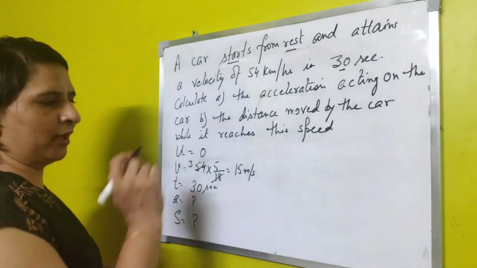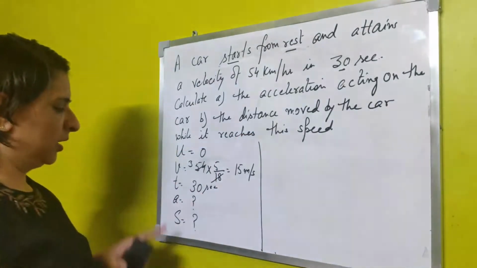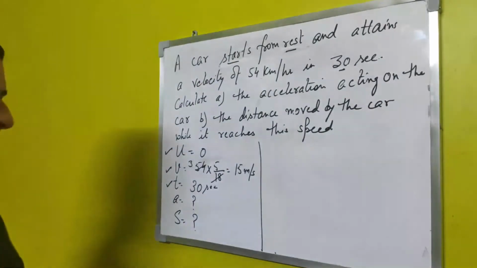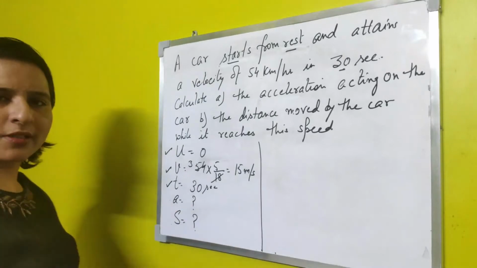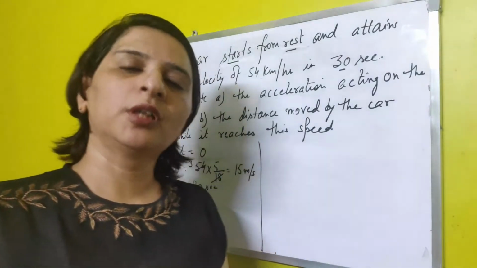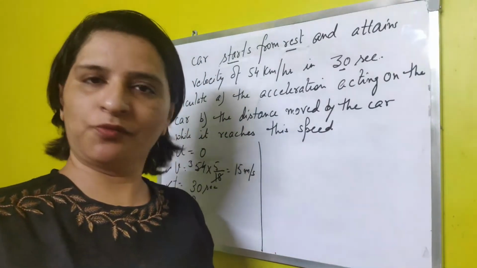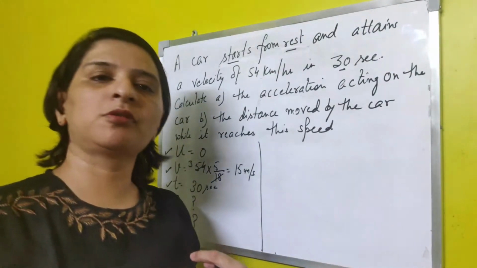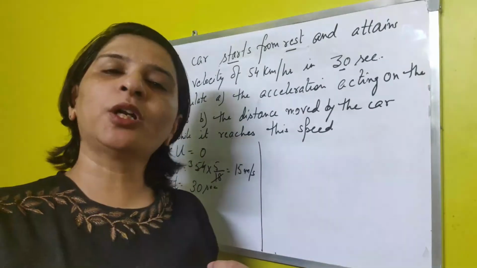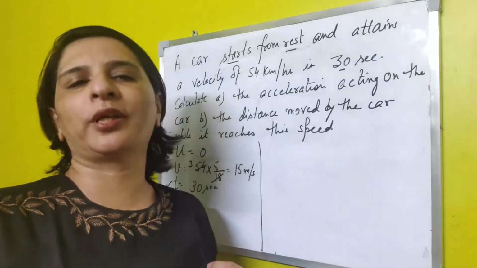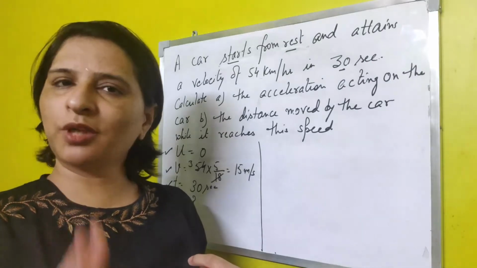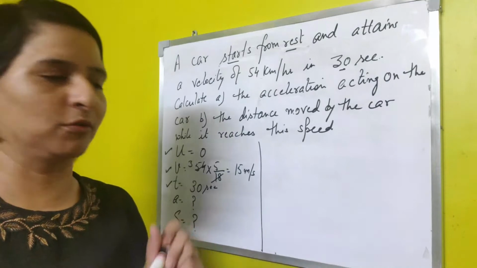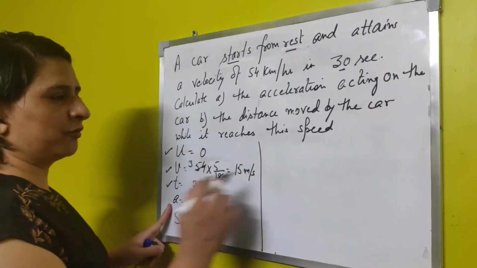Now we need to find the values. These are the given values to us and we need to find acceleration or the distance. We need to find out which of the three equations will be helpful to us in finding these values, and since there are two unknowns, it's for sure that two unknowns means at least two equations are to be used. One equation will not help us in finding these two unknowns. So now let us look for the first one.